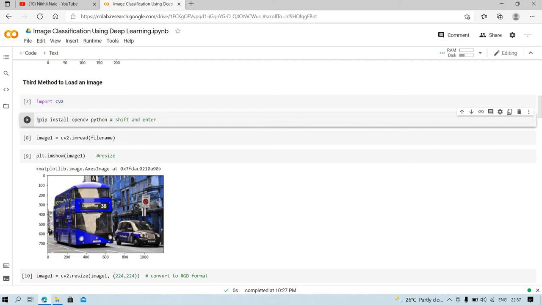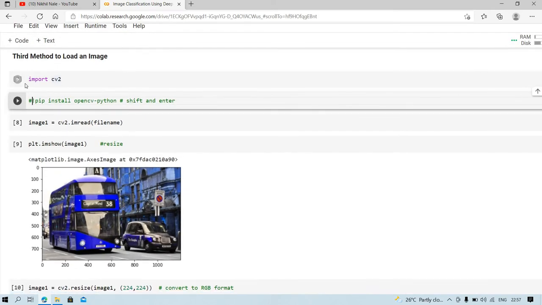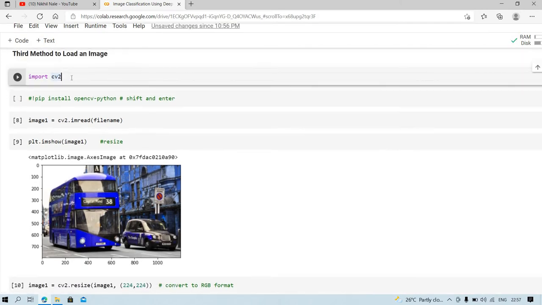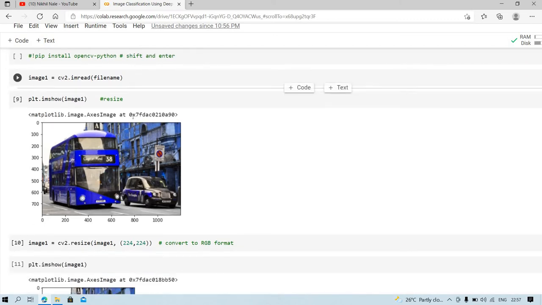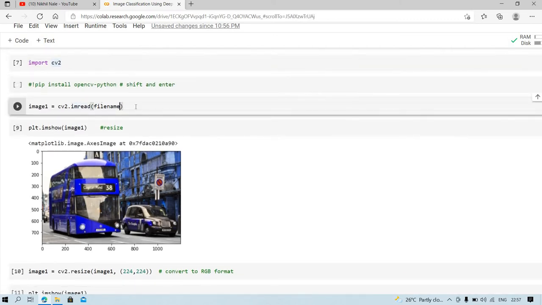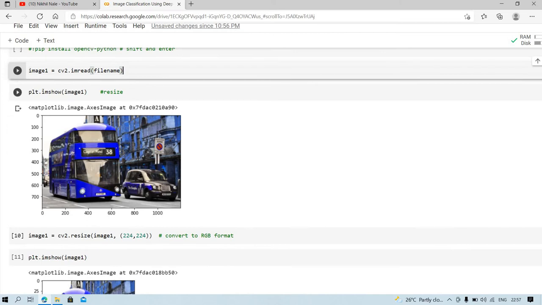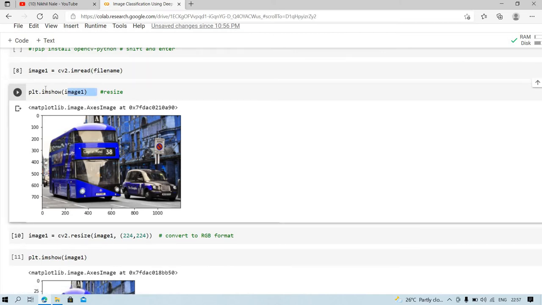I already installed this library. Then I will import cv2, call the method imread, pass the filename variable and store it in a variable called image1. To show the image, I will call the method imshow and pass the argument image1, and you will see the image over here.